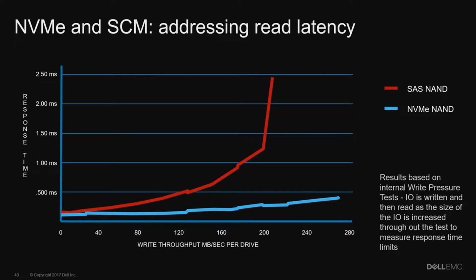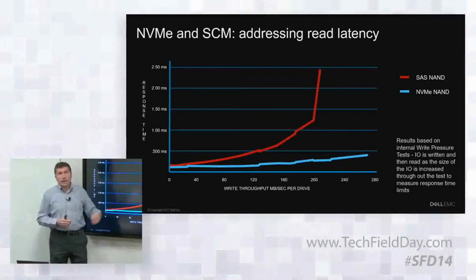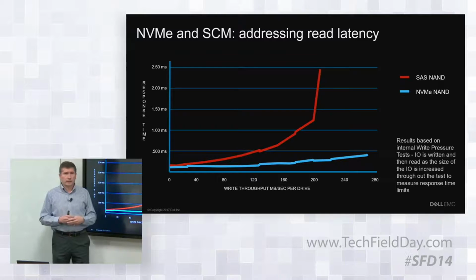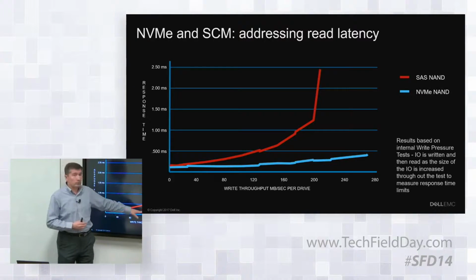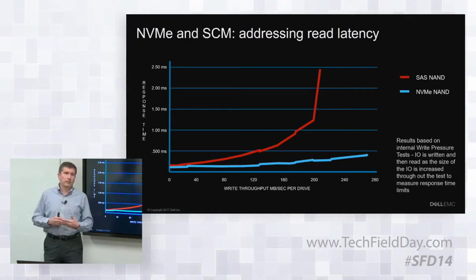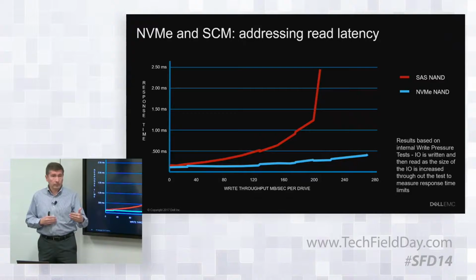Okay? The red one shows most of it like a typical SAS NAND drive that's running around maybe 12 watts of power level, right? So as you push more writes, maybe around 120 megabytes per second of write pressure, the read response time is around half a millisecond. Okay? And then if you replace that SAS NAND with NVMe NAND, we get the blue curve. Okay? What this means is that with the NVMe NAND, we can push more writes while not impacting read requests and